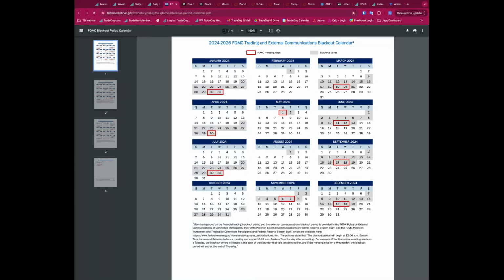But you can see the blackout period starts a week and a half before, on the Saturday, 2 Saturdays before the meeting. So we get that kicking in from this Saturday, the 7th. So this week, today through Friday, is the last time for Fed speakers to speak before they go into their blackout period. So that's of note as well. This is the last time we're going to see anything from Fed speakers. And potentially we could get Fed speakers later in the week, after the manufacturing data and after we get the jobs data, that's going to be the critical one. But I don't know if we're going to get any Fed speakers. We'll have to take a look as we get closer. But on Friday, we'll get the jobs data and then there's potential for Fed speakers to speak. But that will be their last opportunity.